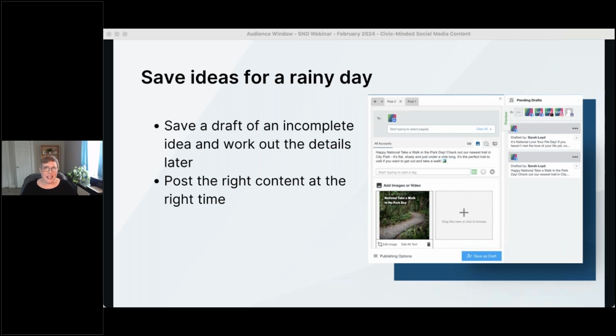Now, if you've got an idea that's a little bit half-baked, don't toss it, save it for later. This is a great tip from Sarah Sutherland at the Oklahoma Department of Wildlife Conservation that she mentioned on the Outdoor Communicators podcast, which is worth a listen as well. She says, keep the bad ideas. If you can't use it now, you might be able to use it later. And sometimes an idea just needs a little bit more work or some more resource investment before it's ready for social. So use a drafting tool in your social media management software or even a running Google Doc so you can save those ideas for later.